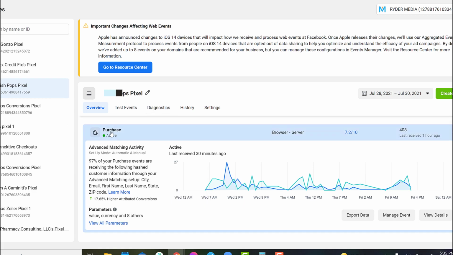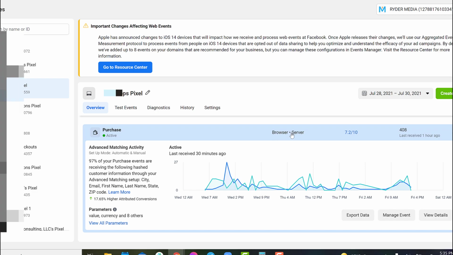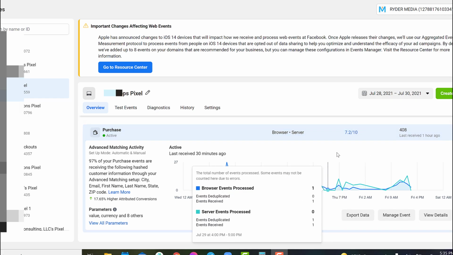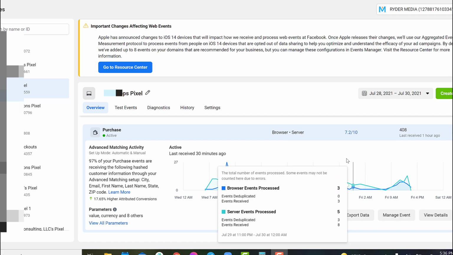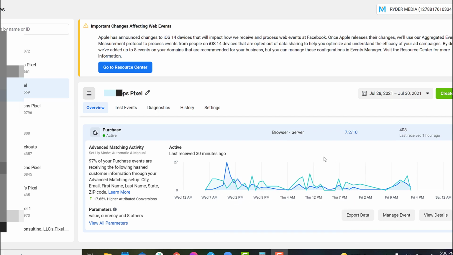Now, once this starts happening, if you pop into your Events Manager in your Facebook account and you click on your pixel and you look at the purchase event, you'll start to notice that there are two types of events being sent. The browser event, which comes from the standard web pixel, as well as server events, which are now coming from Hyros. By sending Hyros events to your existing purchase event in your Facebook account, you won't need